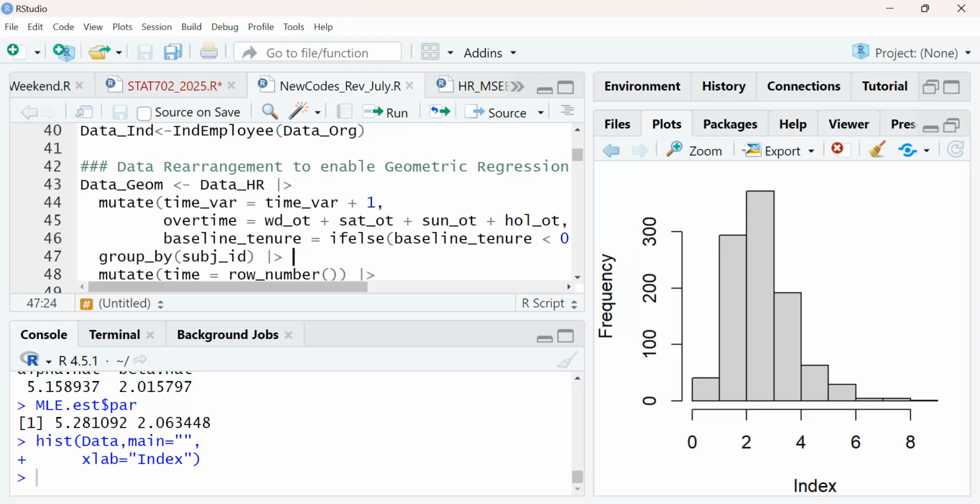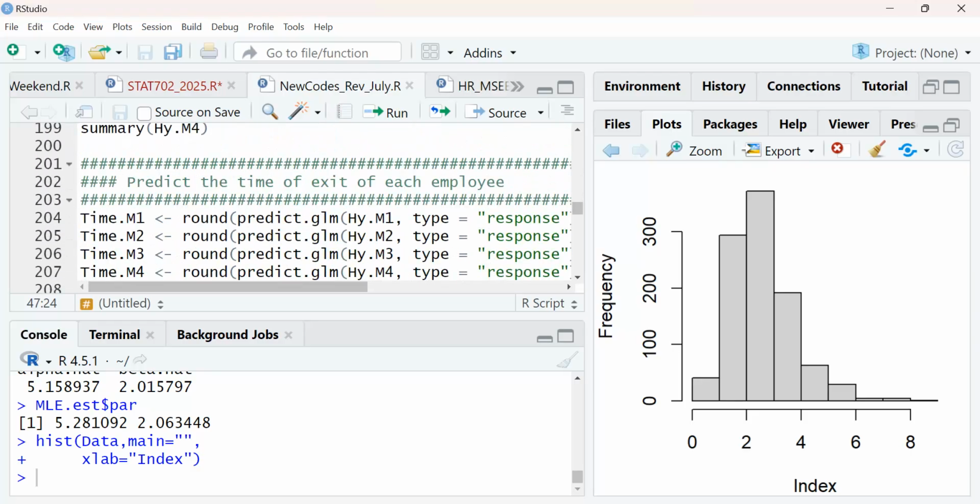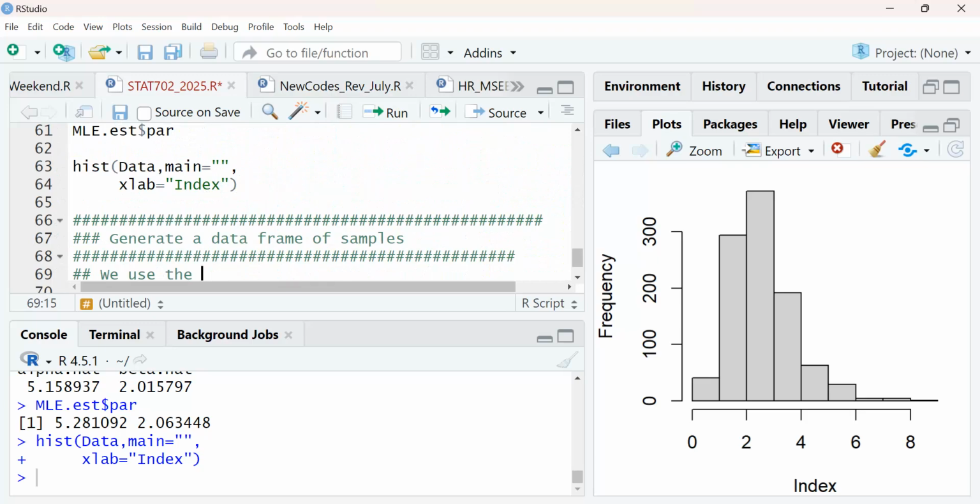How different is R from Python? They are similar. I've seen that some of the codes are alike. So when you use the two, sometimes you get a bit confused, but you get it. So comments are very important to help you understand stuff.